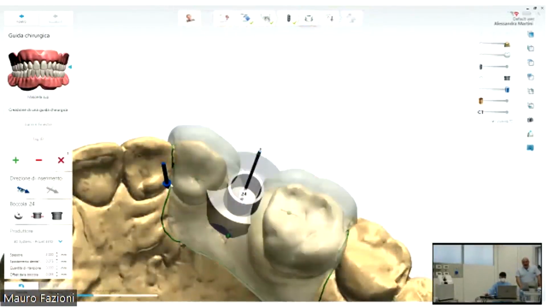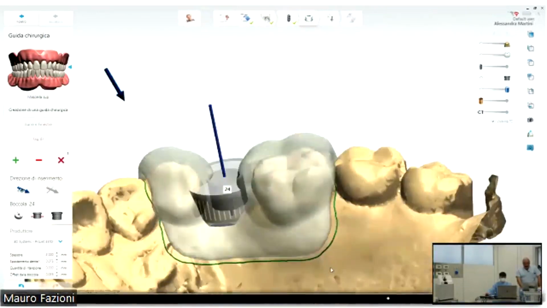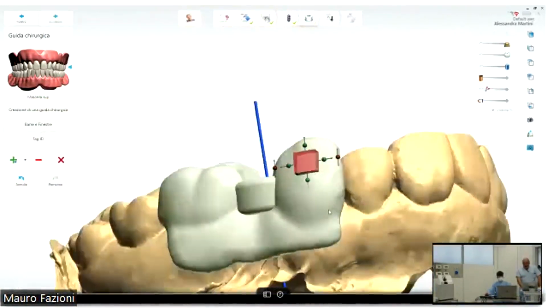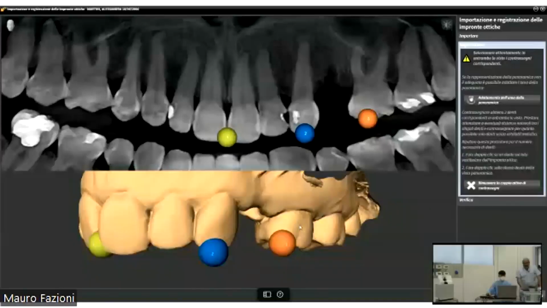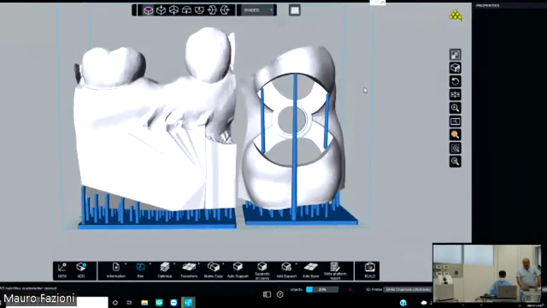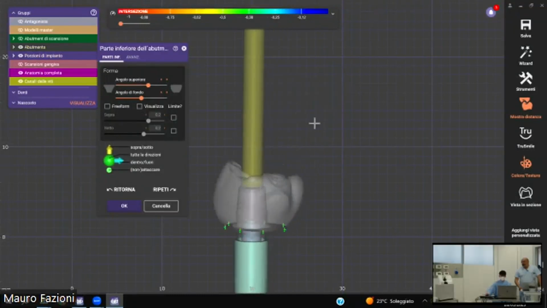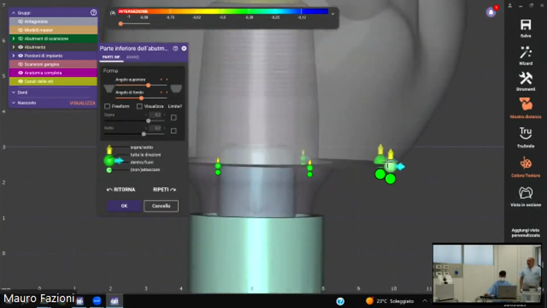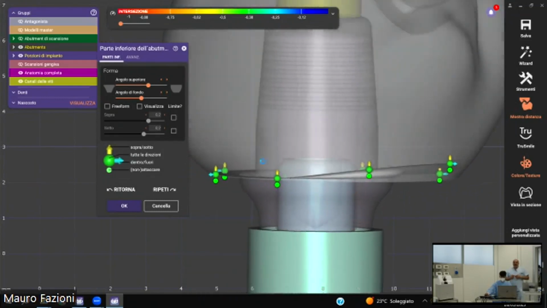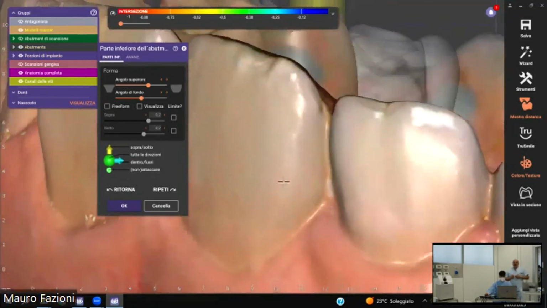Here's the guide, okay? And the printed guide, okay? Ready, and the STL, okay? Here is the plate where we have the model and the guide together with the implant position together. Here, Nicolò is ready with the correct morphology, okay? Here you can see, if you want to show them, and they can set the correct emergence profile of the crown directly,